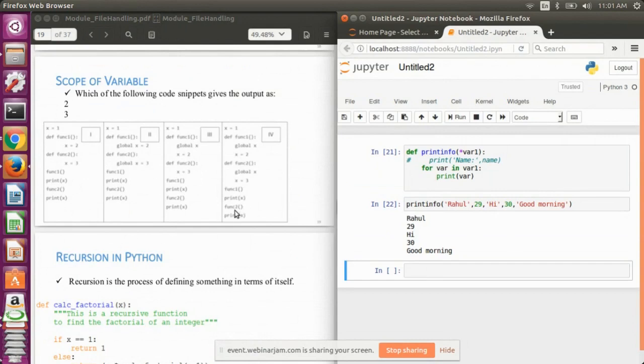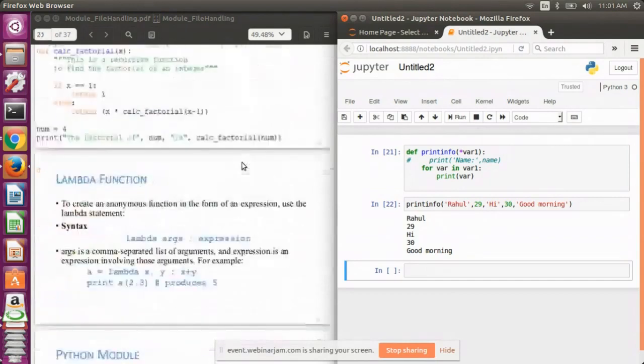And when we again call the f2 function, it will change the global variable x to 3, and when we print the x value outside this function, it will be printed as 3. The concept of mutability and immutability doesn't work here, because we have used a particular statement, that is global. If we had not used this statement, then the concept of mutability and immutability that I talked about would work. I hope this is very much clear.